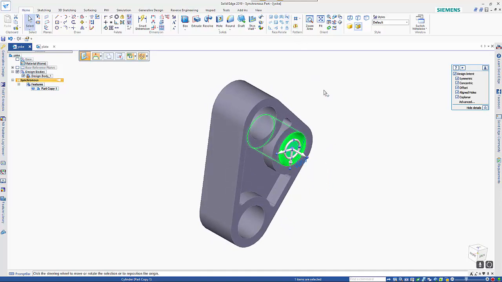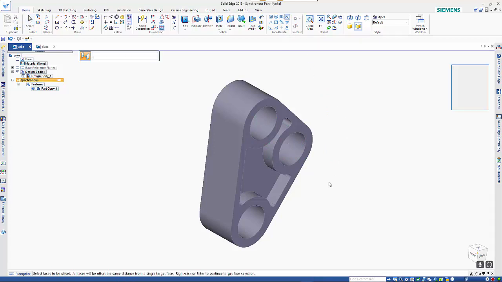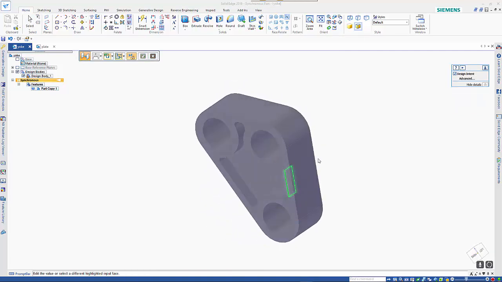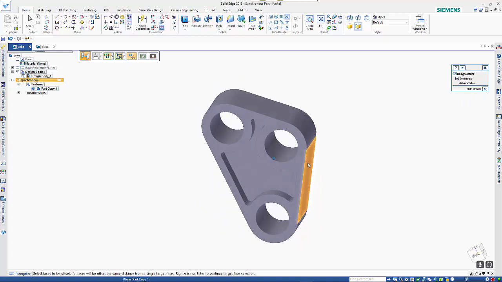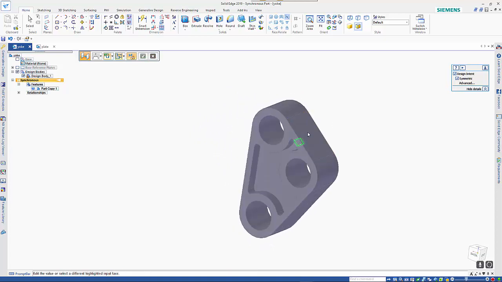So we can use the face relate offset command. If I click on here, right mouse click to accept it, and then click on the outside surface, it recognizes that there's a 4mm gap in there, and we can just press enter to accept it. Alternatively, we could change that at that time. So if we do the other one as well,